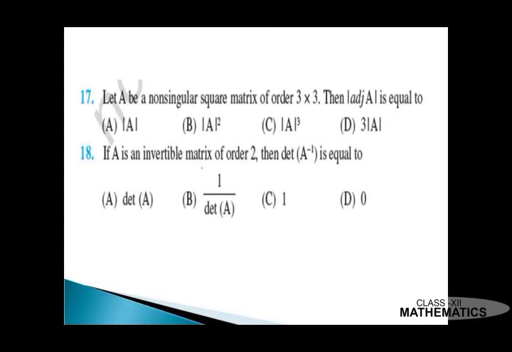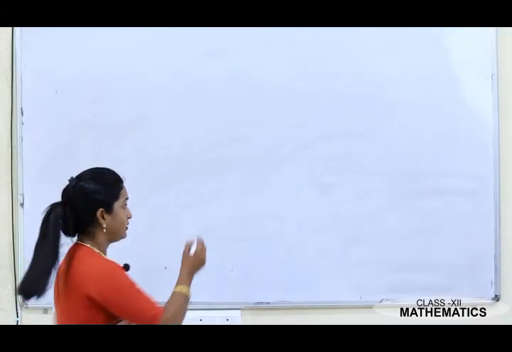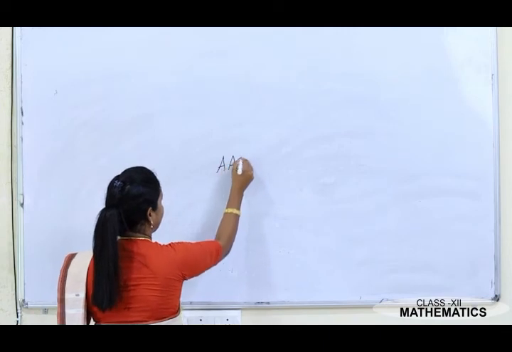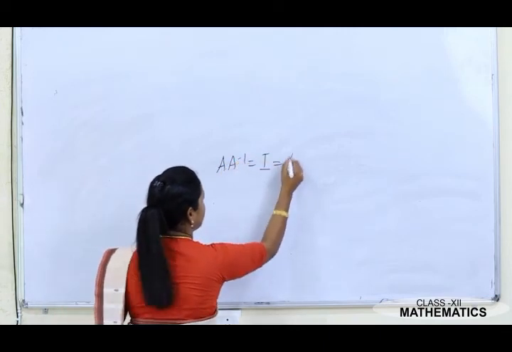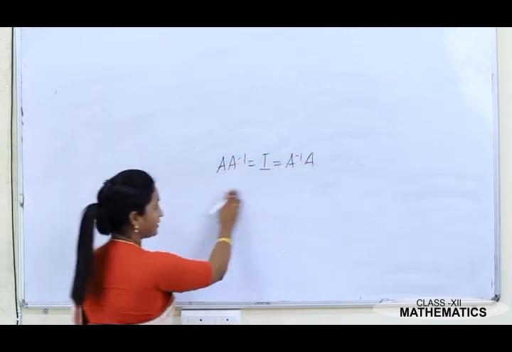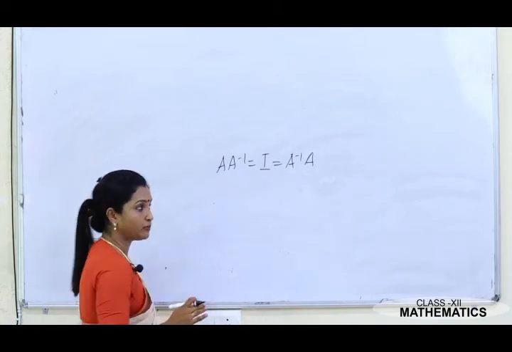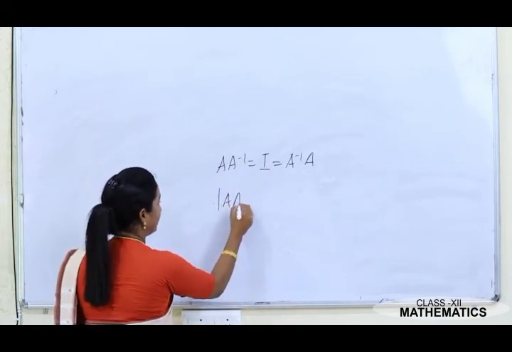If A is an invertible matrix of order 2, then determinant of A inverse is equal to, 4 options are given to you. Now look here. Since A is invertible, that means A inverse A is equal to I is equal to A A inverse. Correct? We know this condition because A is invertible. Now if I take the determinant,